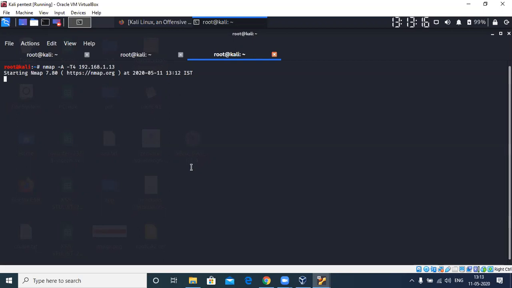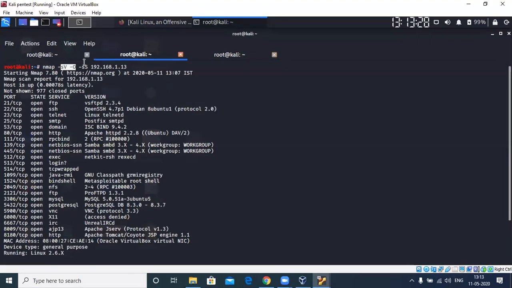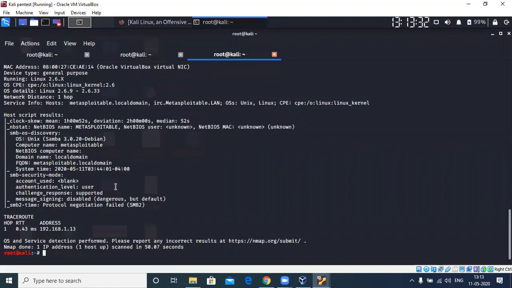So can you take a guess at why an aggressive scan is taking much time? To be precise, does anybody know what is the actual difference between running just an aggressive scan and running a version detection and OS scan? Has anybody actually tried it out?